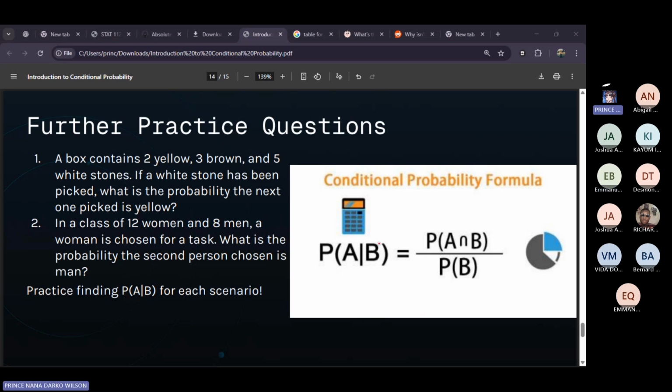This is different from just going ahead to multiply A by B, which would have been 2 over 10 times 5 over 10. That would have been for independent events. But for dependent events, you realize that